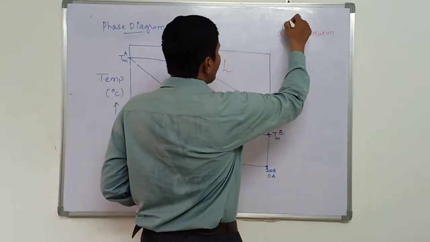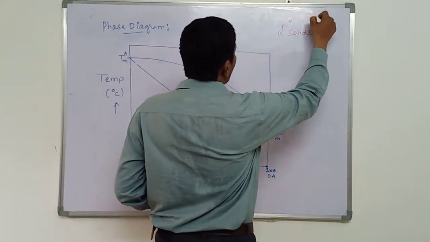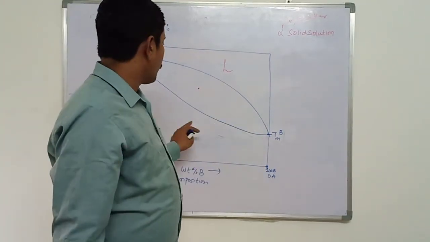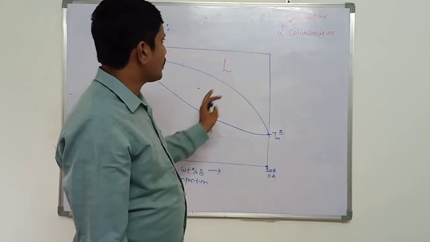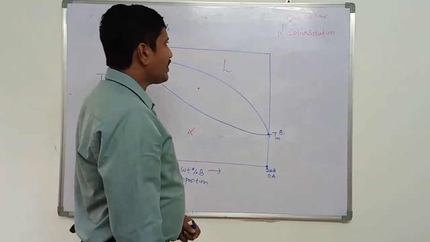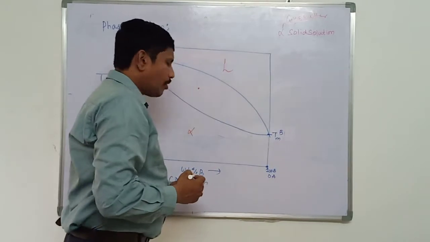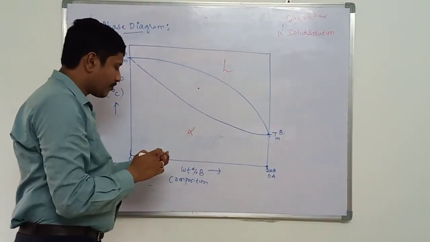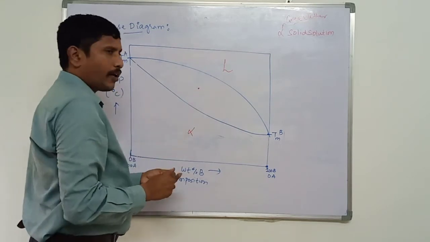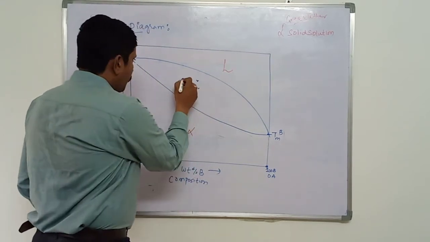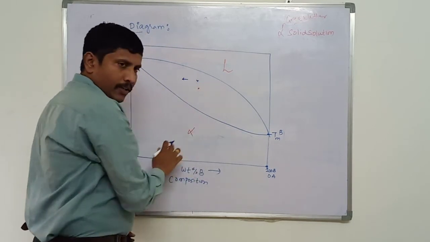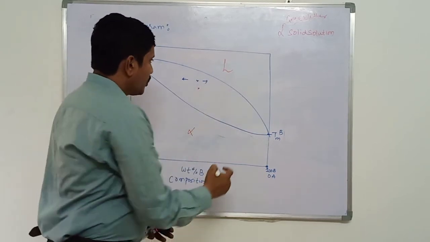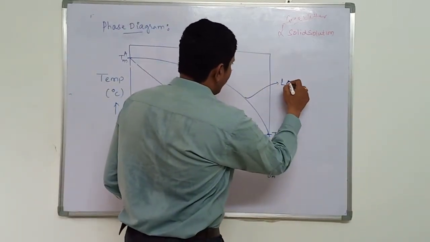Alpha is a Greek letter. So we all know that the Greek letters start with alpha, beta, gamma, delta. So we have taken the first solid solution that is formed as alpha solid solution, right? So now we must identify the phases in this region. Okay, if you consider any point, if you move to the left, you are getting alpha. If you move to the right, you are getting liquid. So this line is nothing but the liquidus